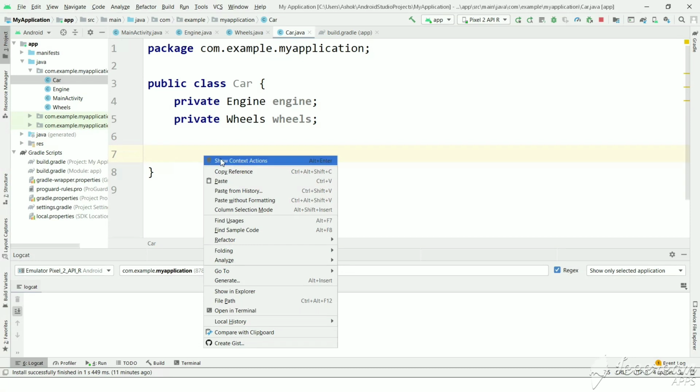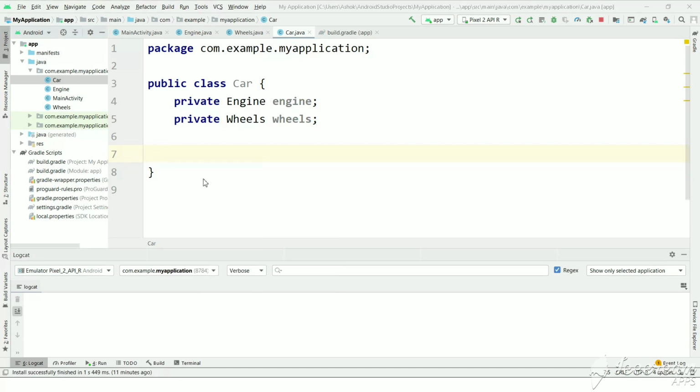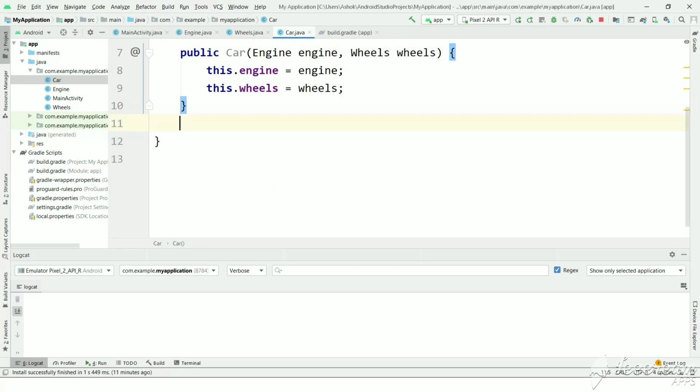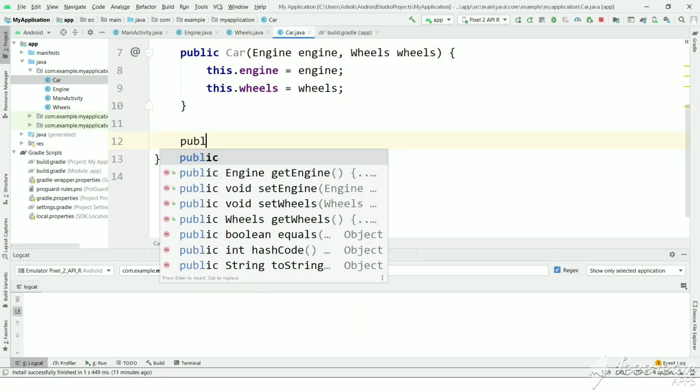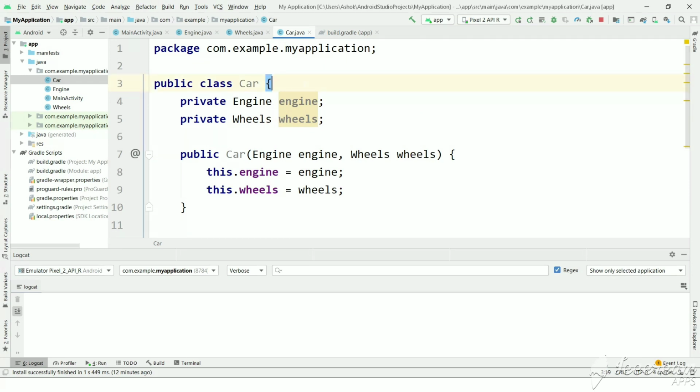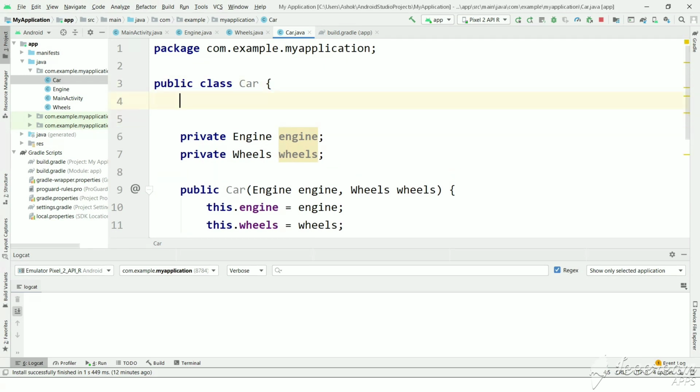We will create a car constructor with engine and wheels, and we will have a method. Let's create a tag for logging purposes.